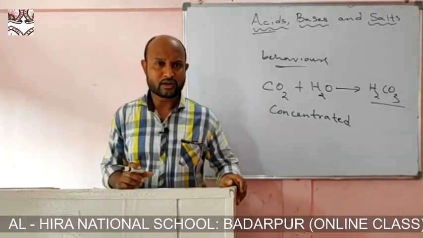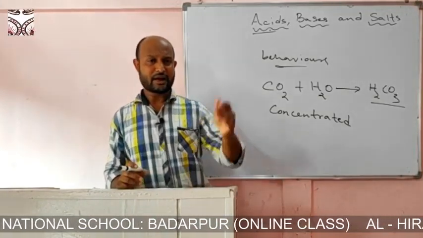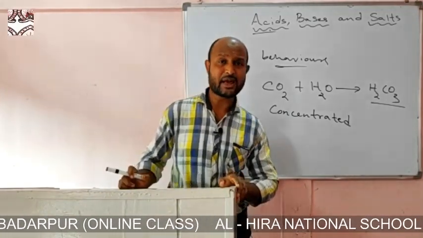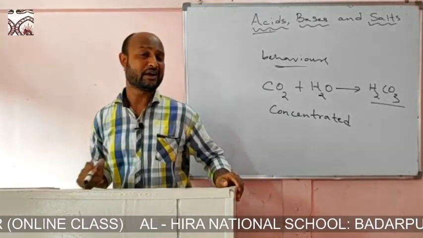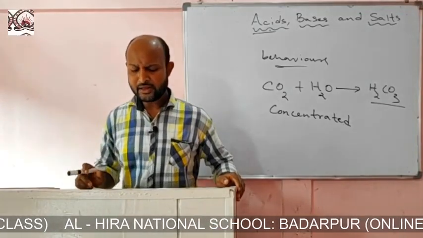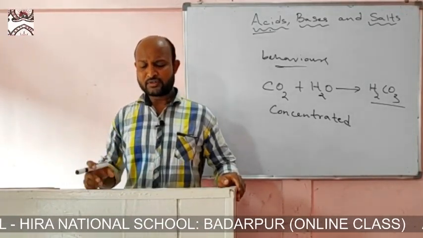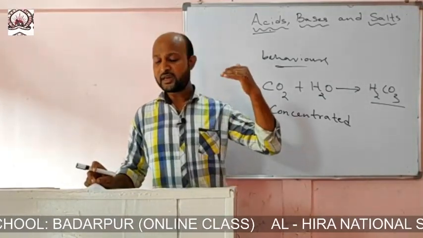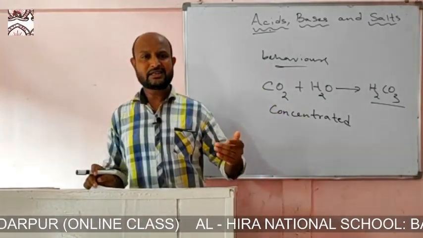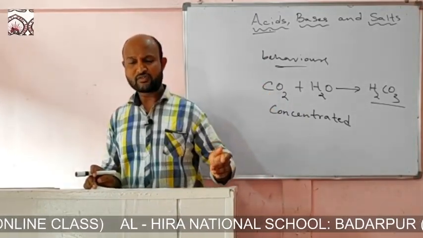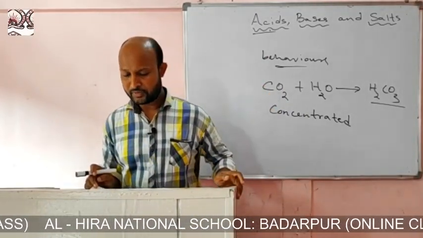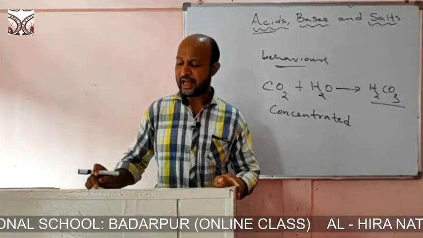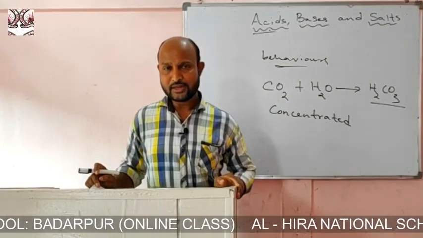It is called acid rain. That means the rain that contains a high amount of acidic substances. The rain that contains a high content of acidic substances is known as acid rain. And it is only because of carbon dioxide, oxides of sulfur and oxides of nitrogen present in the air. And how are these acidic substances present in the air? We know that carbon dioxide is formed by the respiration of plants and animals. And not only this, by the